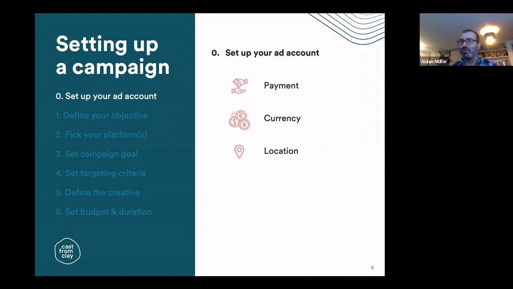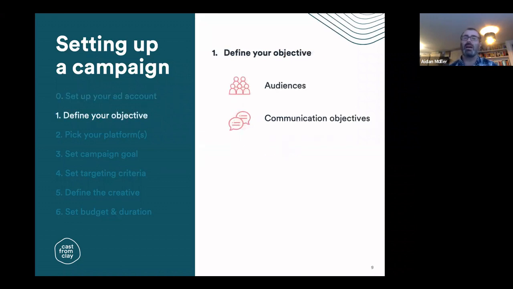Worth noting that once you've set the currency, you can't change it. So, if you've got a head office, it's worth maybe thinking about doing it there, or setting the currency to whatever country your comms team are going to be operating in. So, having set up your account, then